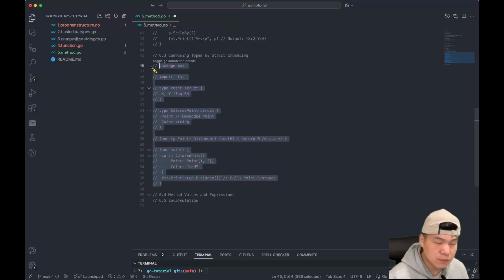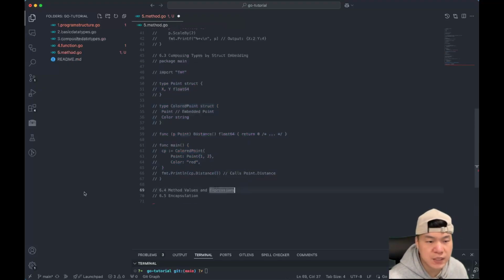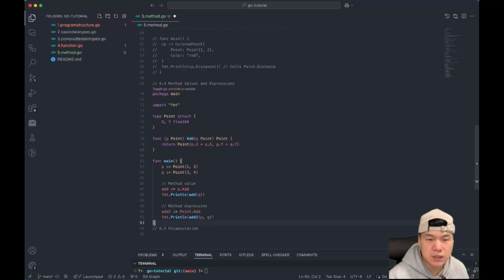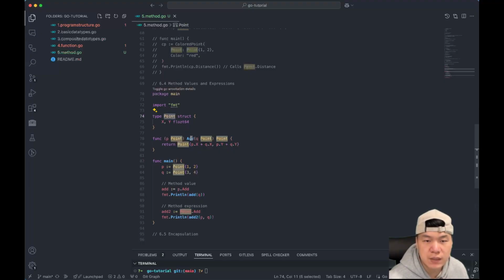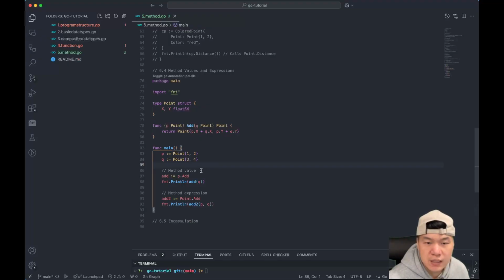Okay, so let's move on to the next topic, method value and method expressions. I'll show you the example. Here we have a point struct and a method, and this is the method value. We have a p here, right? We have a p here, and that's the method. Then we assign the method to a variable called add, and we can just call the method